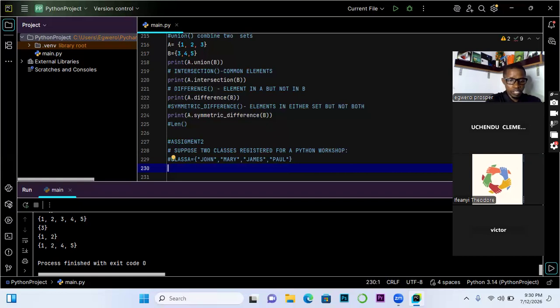Then class B is equal to, what names should I use now? Let me construct it in a way that you can see how to sort this out.